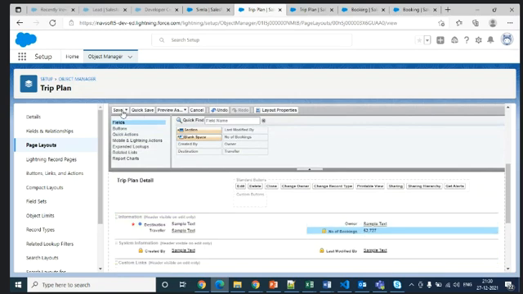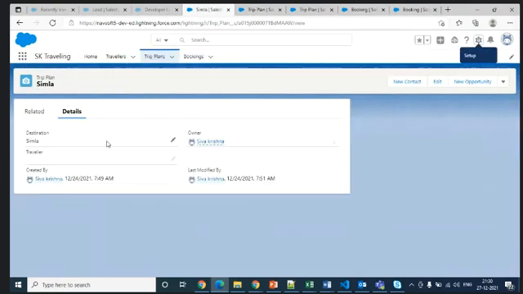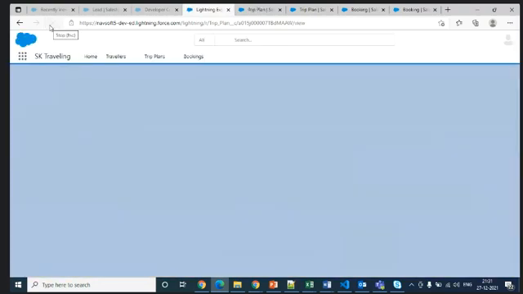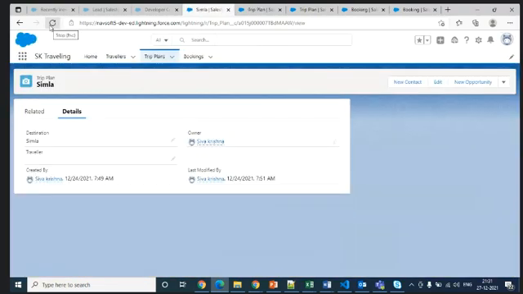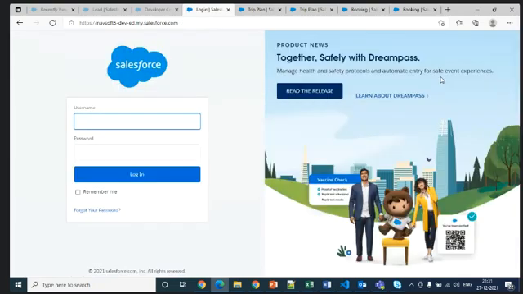Save it. Still, if it is not showing, just log out and log in, because Salesforce Lightning has an issue which takes time to get the value.